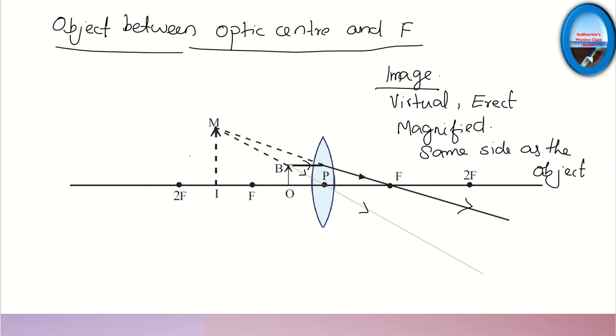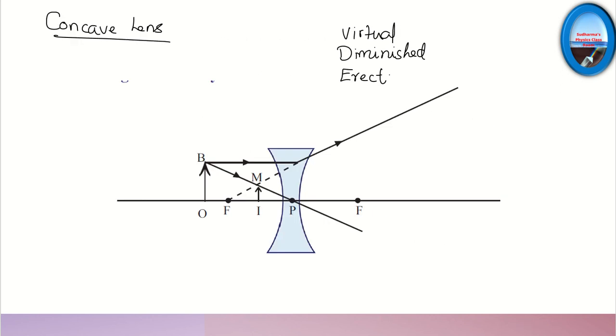And this is the only special case where a convex lens forms a virtual image. That is when the position is between the optical center and the focus. We will get a virtual magnified image. And here comes the concave lens. It always produces a diminished image and a virtual image. So now it's your turn to practice the ray diagrams. In all the cases, remember we have taken one ray parallel to the principal axis, and another ray passing through the optical center of the lens. So there is not much difficulty in drawing the ray diagram. So practice the ray diagrams and learn all the characteristics of the image for each and every position.